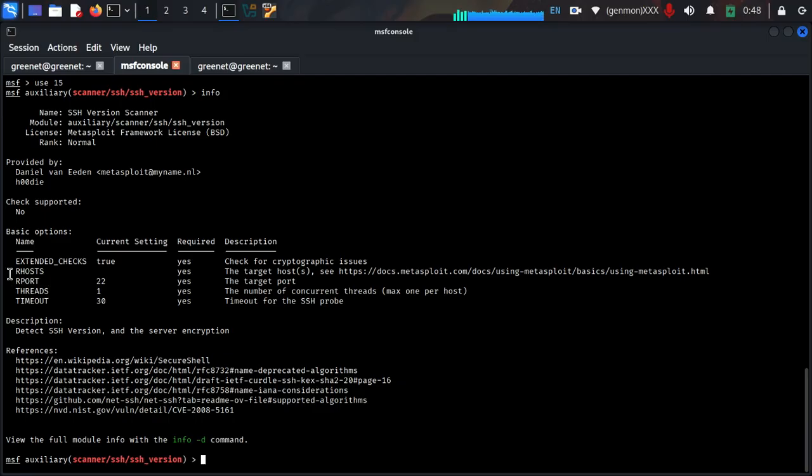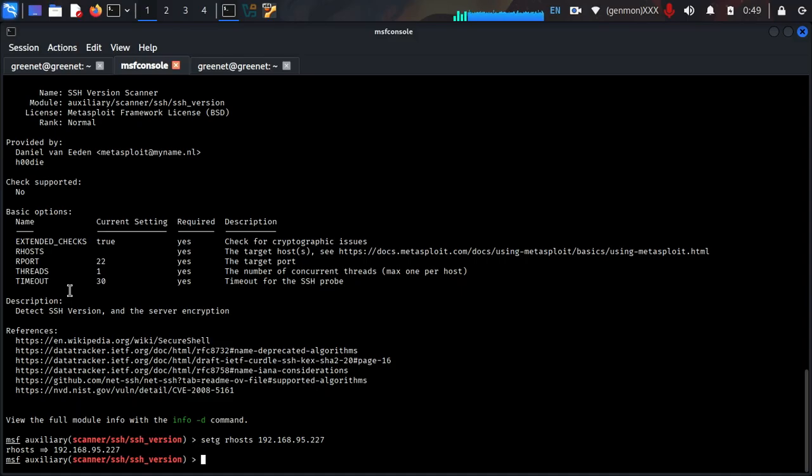So let us change our RHOST, and we execute that. To do that, I want you to say set and provide your RHOST, but instead of saying set, let us say setg, whereby this is going to be a global variable. In any place where we shall be asked to provide our RHOST, it will be set automatically. We are only setting it once. So here I'm going to say RHOST and provide the IP address of our machine. That was 192.168.95.227. So if we press enter,